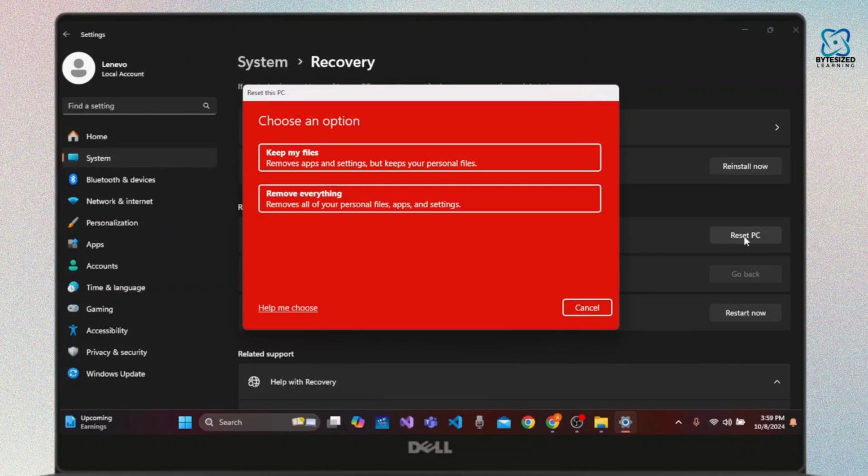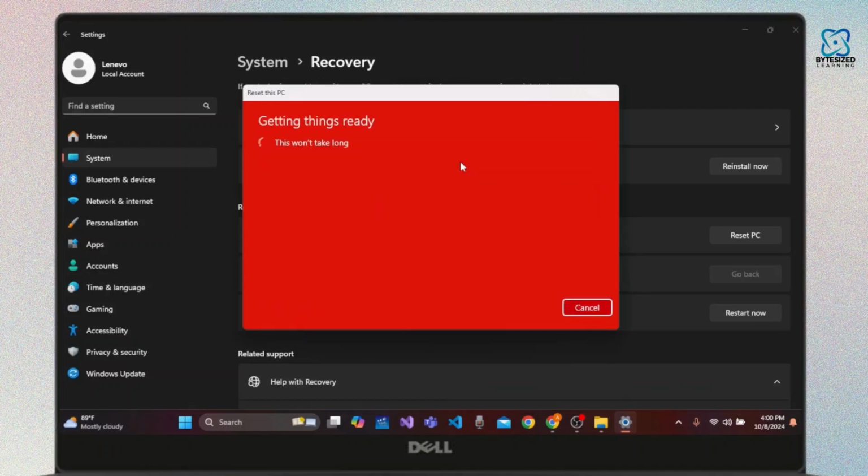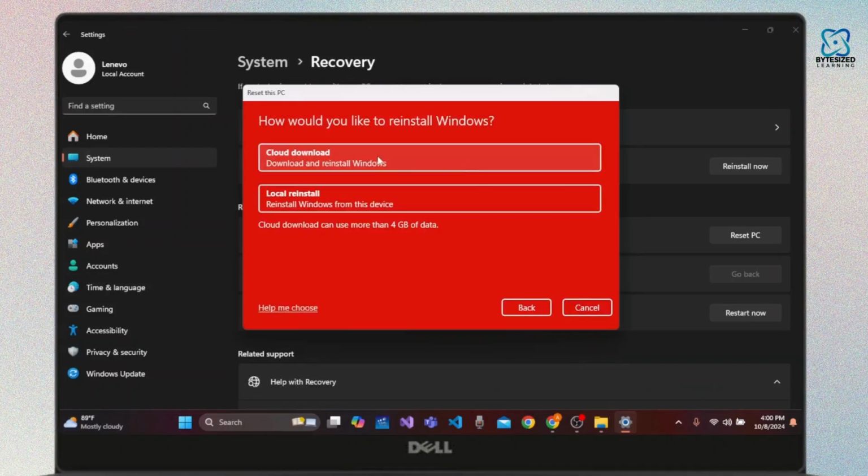Windows. When you click on it, a menu box appears where you need to choose an option between keep my files or remove everything. If you don't have any important files, simply click remove everything. Otherwise, you can select keep my files and you can reset your Windows. So for now, let's click keep my files and wait for a while, and this menu box again appears where